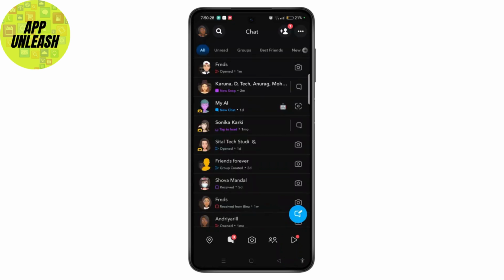After 30 days, if you do not reactivate your account within 30 days, then your account will be permanently deleted, and all your snaps, memories, and data associated with the account will be erased and cannot be recovered. Memories are saved to Snapchat's cloud and are tied to your account. If you deactivate it and later reactivate your account within 30 days, your memories will still be there. If your account is permanently deleted after 30 days, all memories will be lost.